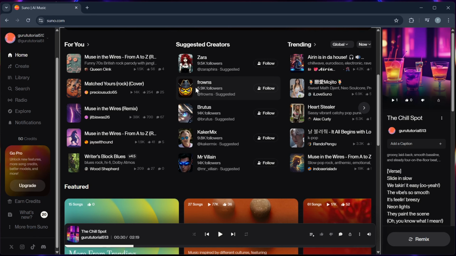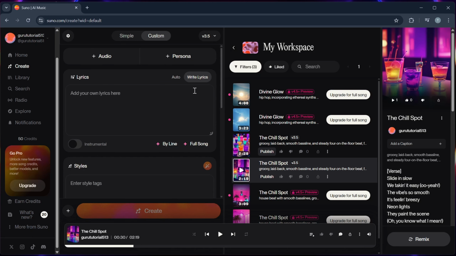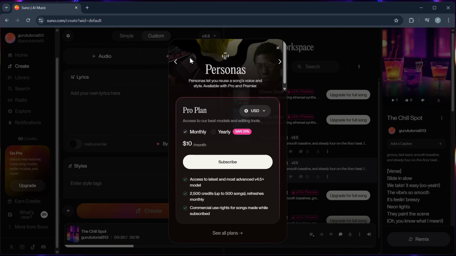Step 1. Open Suno AI and start a new project or load an existing one. And then once you're inside the dashboard, go to the voice settings. Step 2. Look for the voice or singer drop-down or the persona, and then you will find a list of different voice presets that are categorized as male or female. But you need a pro plan to access it.